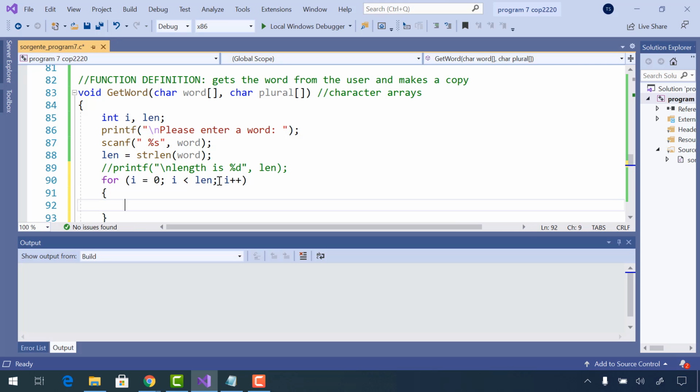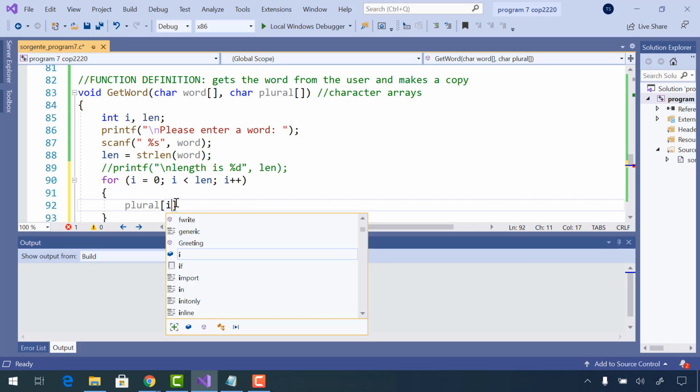So the location of the null character is very important because that's how %s and any of the string member functions know how to work. When you're calling the string length function, it's not actually counting the characters, it's returning the location of the null character. Since it starts at 0, it's going to be the same number as the number of letters in the word. So now we're going to copy into plural,